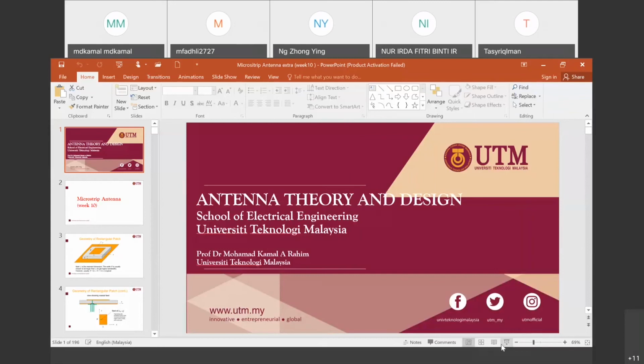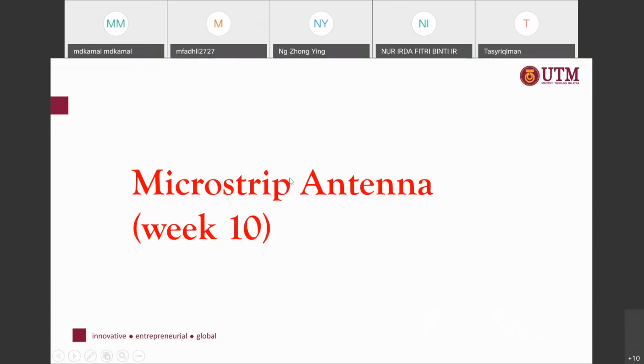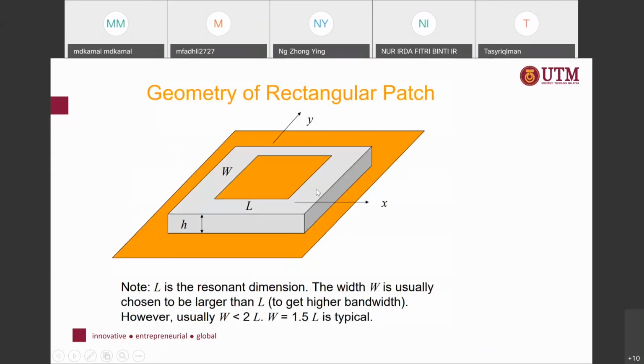So this is just extra notes. I think this one is a bit easier. Okay, so it's the same thing as what I showed you about this microstrip antenna. This is the geometry of the rectangular patch, as I mentioned to you before. We have the W, we have the L, and we have the height, the thickness. Note what we can see: L is the resonant dimension, and W is really chosen to be